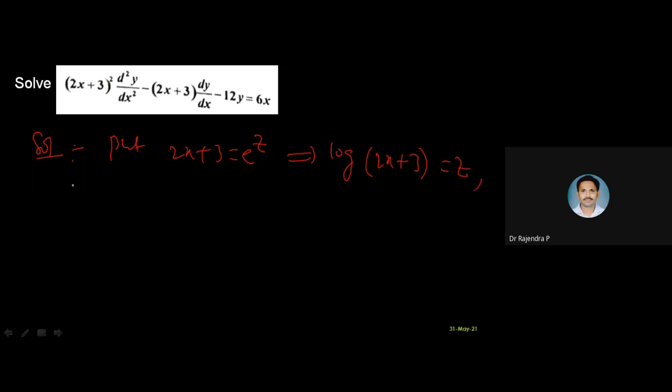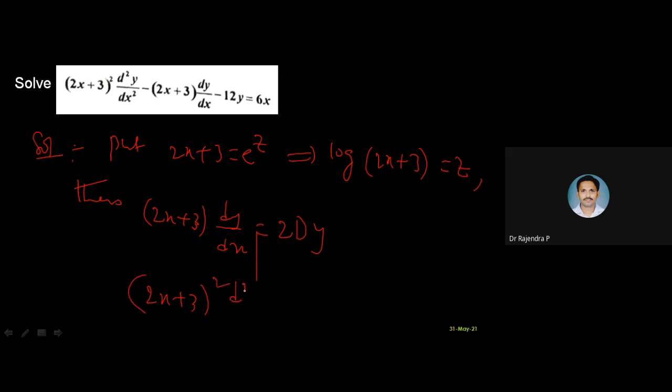If we do like this, what results am I going to get? 2x plus 3 into dy by dx is how much? Anybody? Tell me. a into dy. Here, what is the value of a? 2. 2 into dy. That's all. Then the remaining term, 2x plus 3 whole square d square y by dx square. What is the result you remember? a square, 4 into d into d minus 1 into y. Please assume like that.